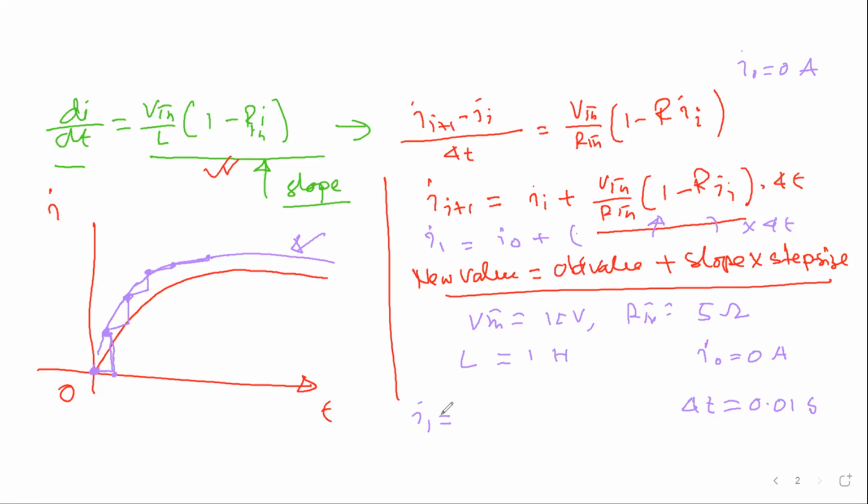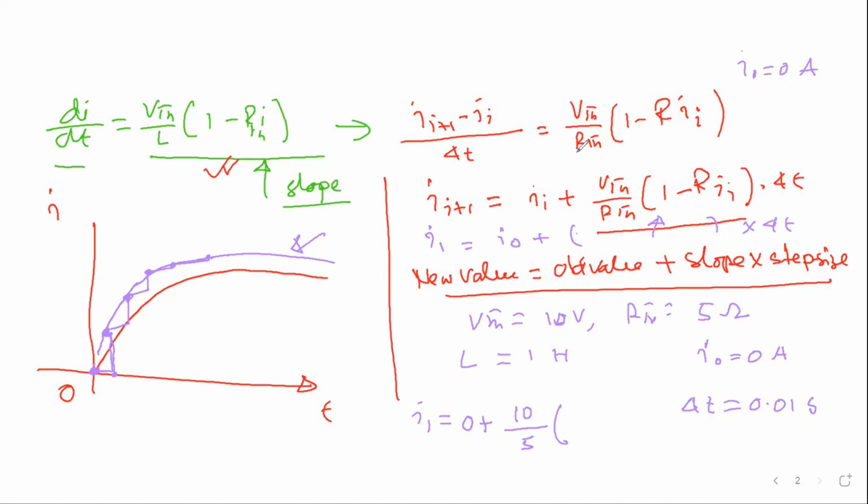So if you have a calculator, can you calculate I1? Sir, 0.02. How? Sir, the voltage is VTH, 10 volt. VTH is 10 volt, yes. Then you see that your I0 equal to 0, plus your VTH is equal to 10 and your RTH is equal to 5 ohm. Then this is,